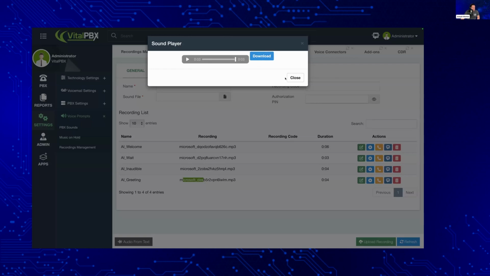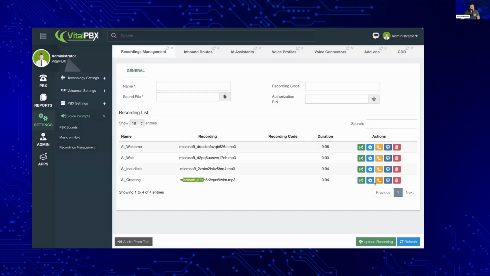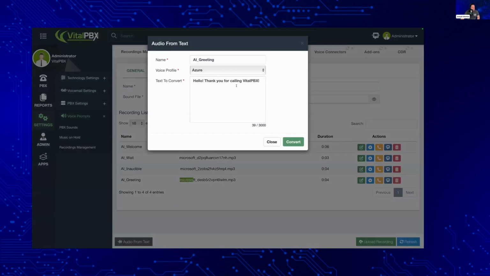You can also download it as any other sound file inside of there. And let's say I did not like this recording. I want to change it. We have this robot icon available under our actions column. I click on it, I see the prompt that was being used,